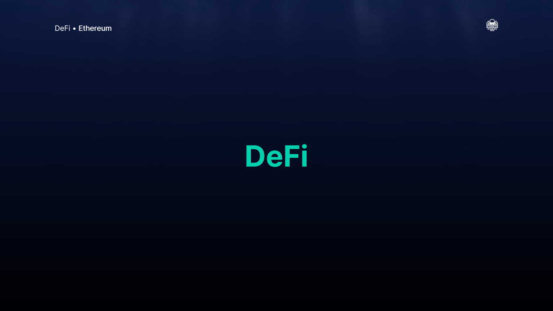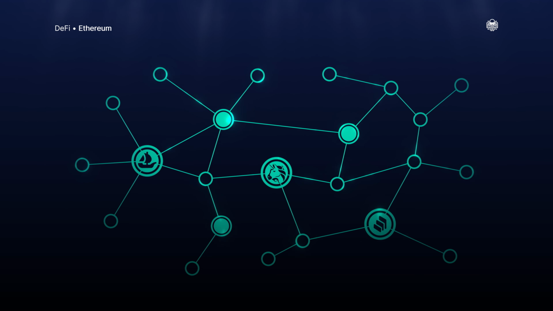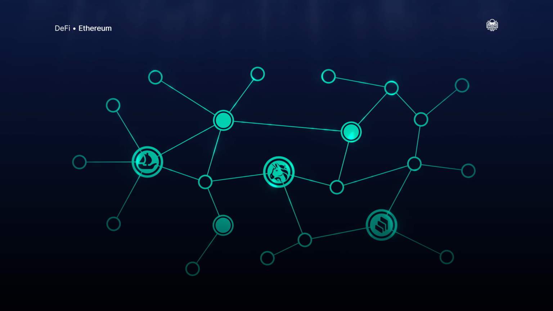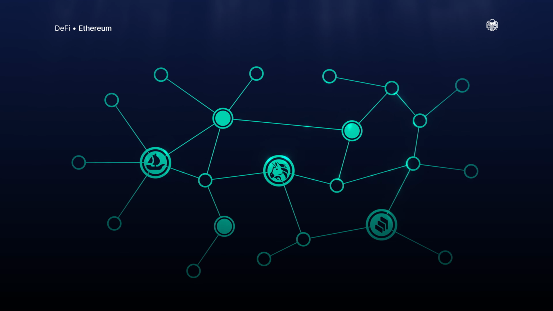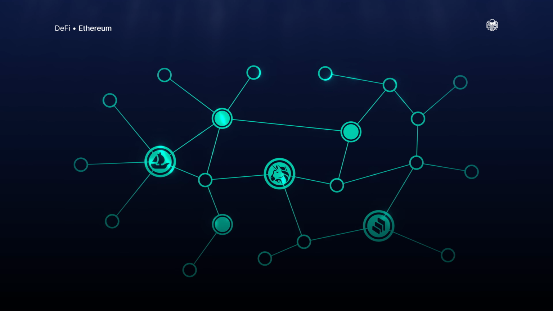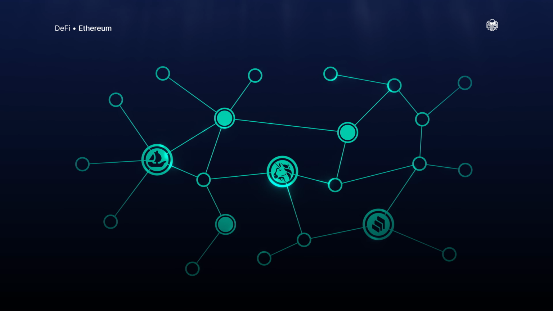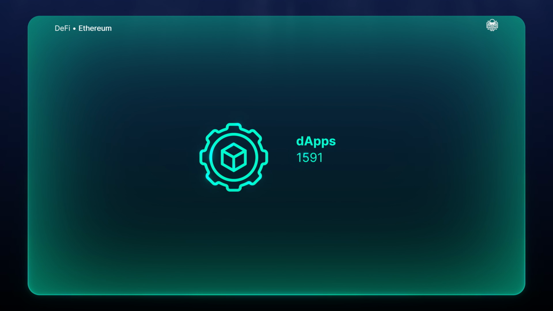Let's explore and compare the DeFi sectors on both blockchains. Ethereum has the largest ecosystem of applications and projects among all blockchains. This is primarily because the Ethereum network was the first to offer convenient tools for DApps and smart contract developers. It has retained its leadership for many years due to the lack of worthy alternatives. Today, the number of DApps on the Ethereum blockchain exceeds 3,000, a significant number of which have a capitalization of over $1 million.